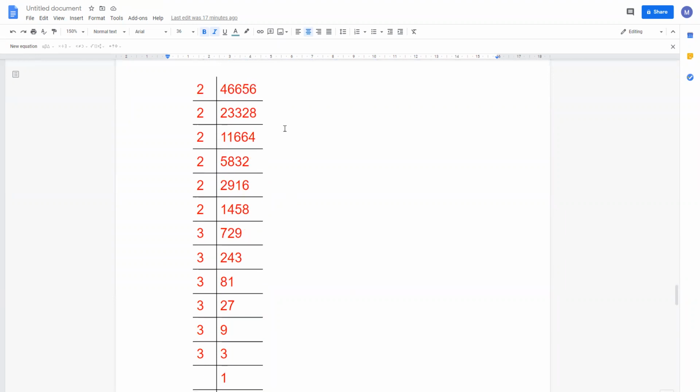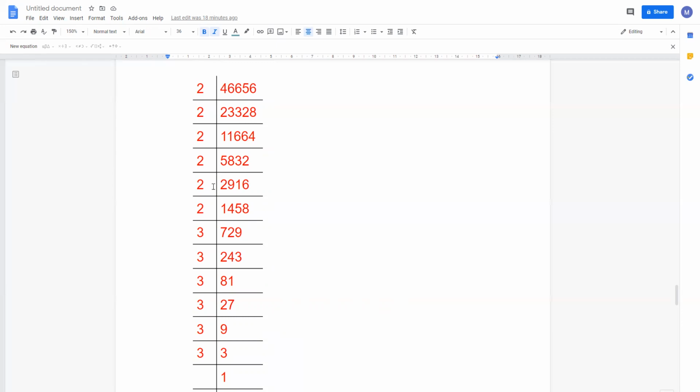Now we'll go to question number 8. 46,656. It's a 5-digit number. So first of all, we have to find the prime factors. So dividing that number by 2: 2 2s are 4, 2 3s are 6, 2 3s are 6, 2 2s are 4, 1 remainder 16, 2 8s are 16. Again dividing by 2: 2 1s are 2, then 13, 2 6s are 12, remainder 1, 12, 2 6s are 12, 2 2s are 4. Again dividing by 2 like this, go on dividing, you will get 5,832.